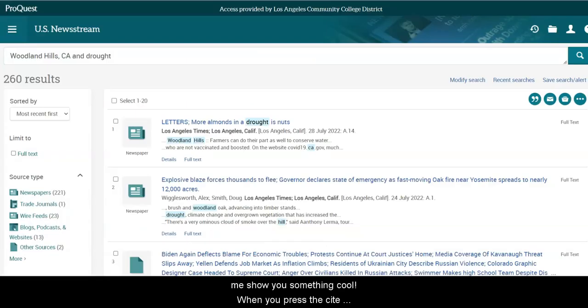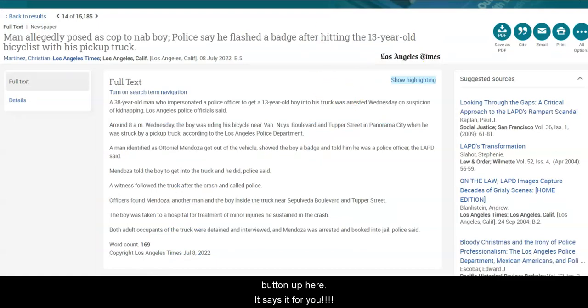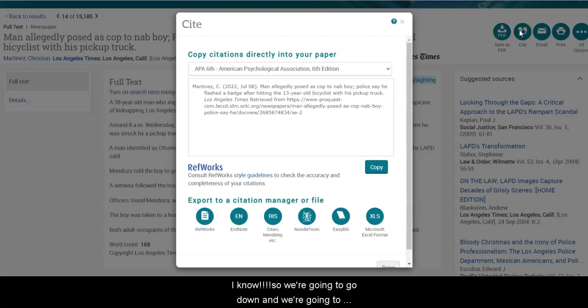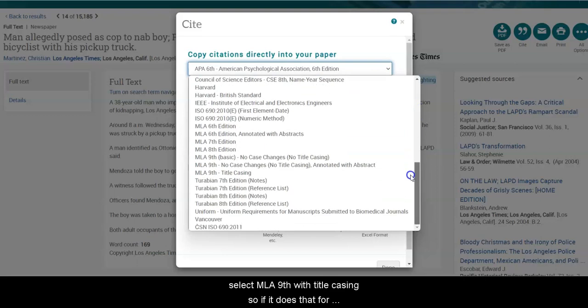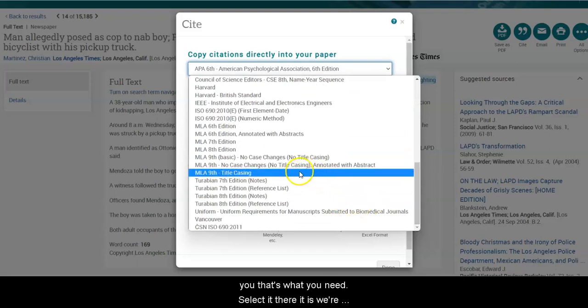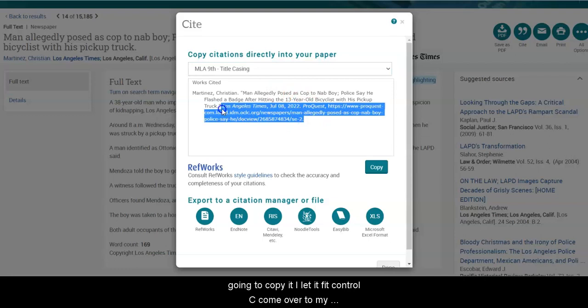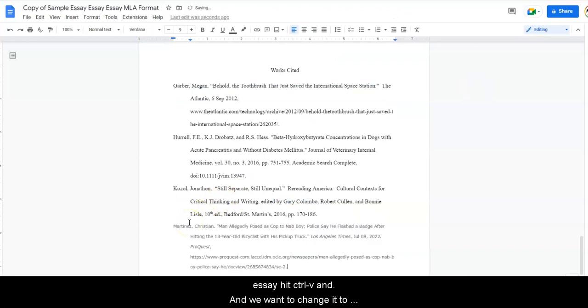Now let's go back to our article right here. And so let me show you something cool. When you press cite up here, it cites it for you. I know. So we're going to go down and we're going to select MLA citation. You want MLA 9th with title casing. So if it does that for you, that's what you need. Select it. There it is. We're going to copy it, highlight it, hit Control C. Come over to my essay, hit Control V, and